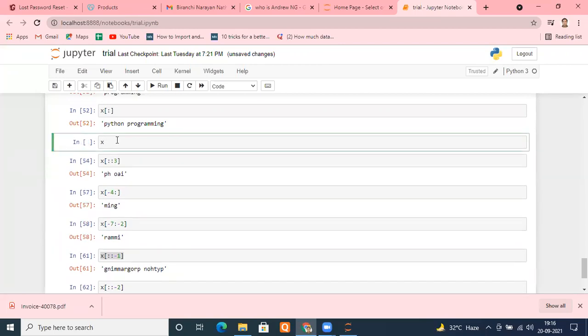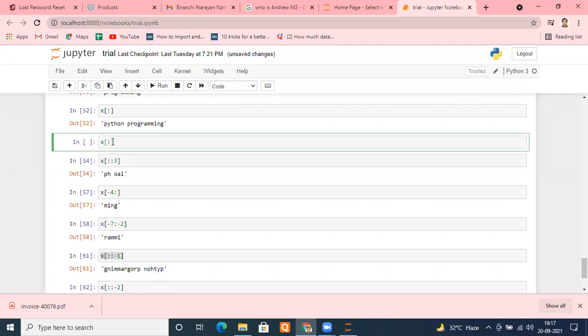When I'm putting X here and putting a colon, and not putting anything at the start index, not putting anything at the end index, it tells our Python interpreter that the starting index will be your start index and the ending index will be your end index. That's automatically understood.